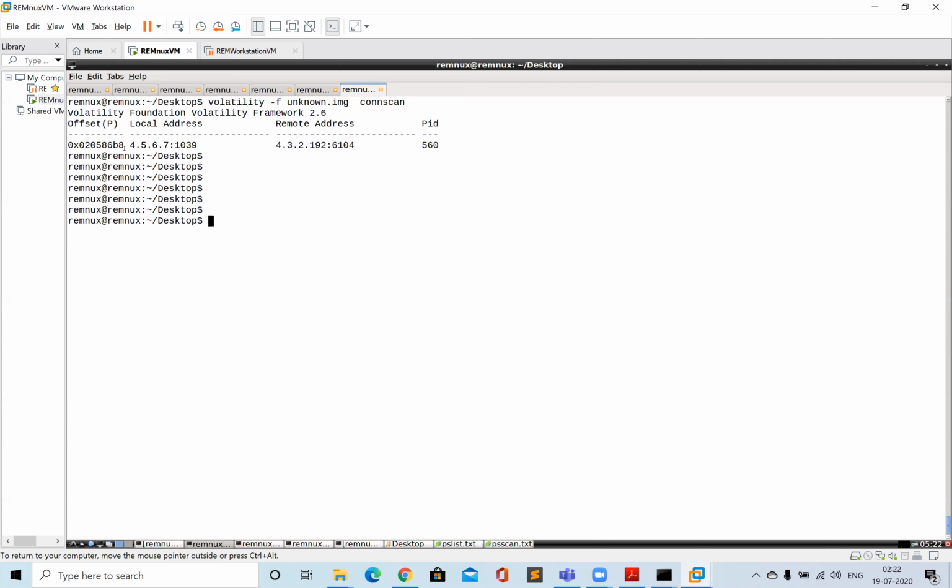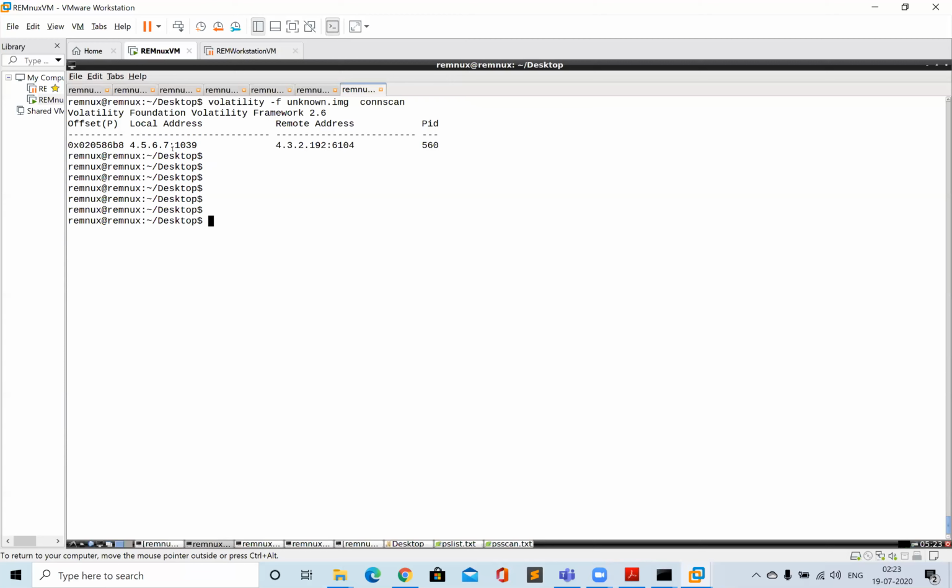One question will come to your mind: is this remote address the C2 IP address, so that the malware was actually trying to connect to the C2 server? Or was that malware, Vim TCDC, a backdoor, and the attacker was trying to connect to this system and get access to it?